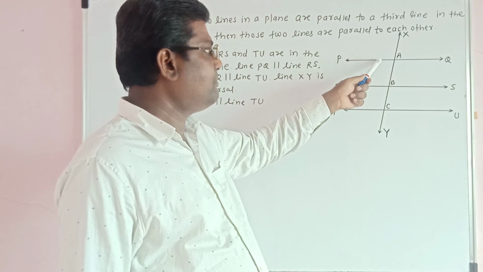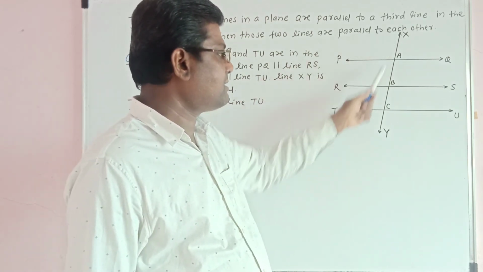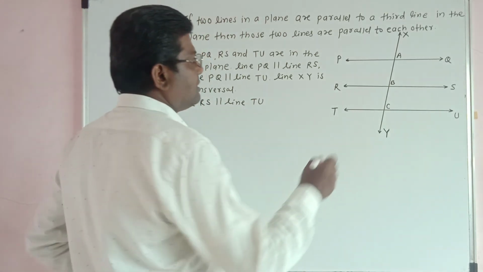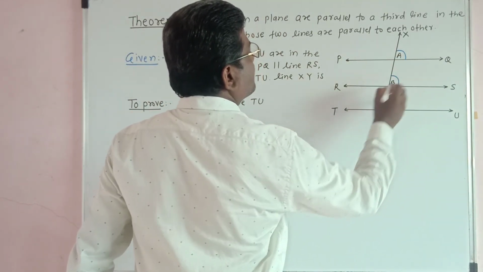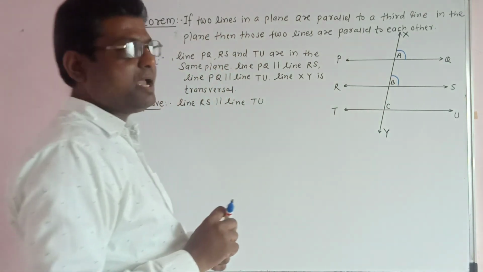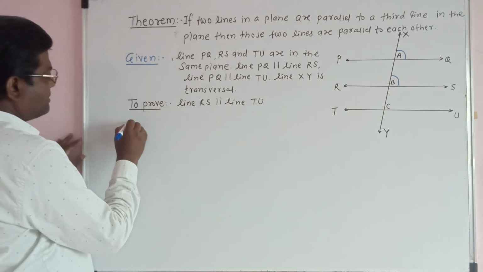Now, line PQ is parallel to line RS and XY is a transversal, then these two angles are congruent because they are corresponding angles. So we write proof: